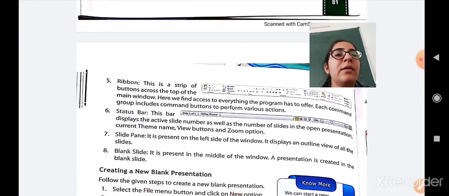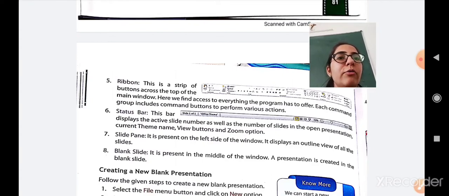For example, if your PowerPoint presentation contains 5 slides, then in the status bar you will see the number 5 displayed, and on which slide you are working. So the current or the active slide number, for example, if you are working on the first slide, what you will get displayed? Slide 1, and then the number of slides in the open presentation. Then the current theme name, view buttons and the zoom options. So this is available in the status bar.